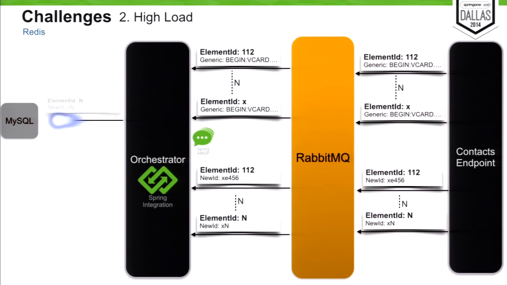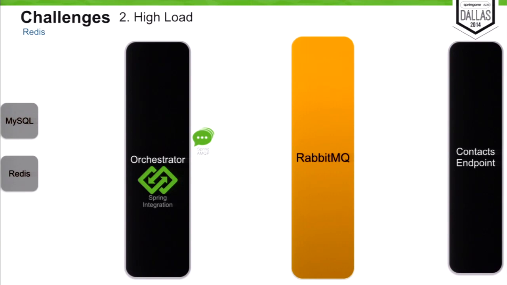What this means is that we were querying MySQL as many times as we were doing inserts. So this obviously was a bottleneck for us, and it's really difficult to scale because as your demand increases, you have to scale more and more. So the solution for this, as we've seen, was to add Redis. Now Redis is our intermediary data store. We set counters in Redis to know how many elements are still pending to be migrated, so we only have to query MySQL once per batch. Imagine that we have a batch with 1,000 elements. Before, we had to query MySQL 1,000 times, and now we have to query one time. So we don't depend on the size of the batch or on the size of the account.